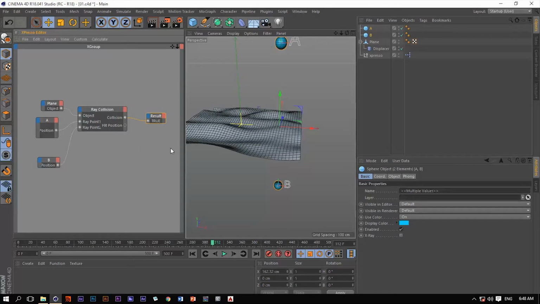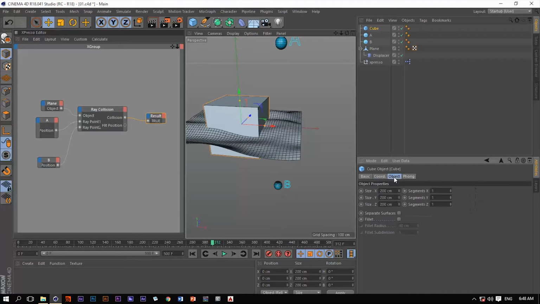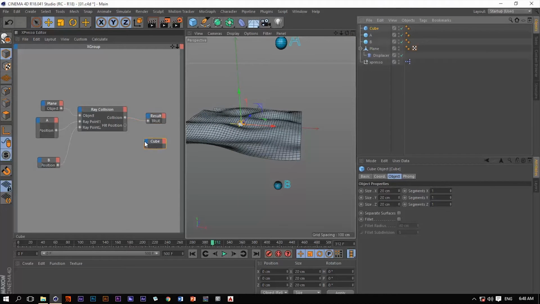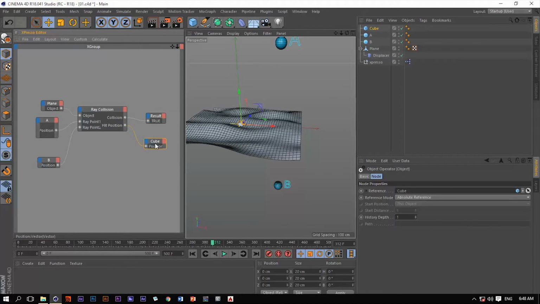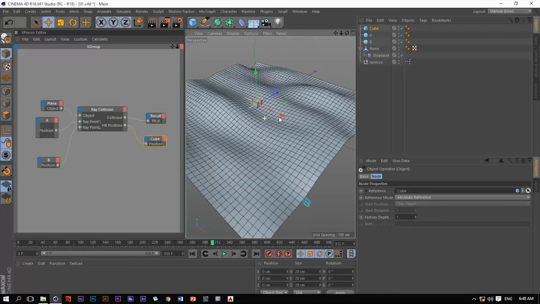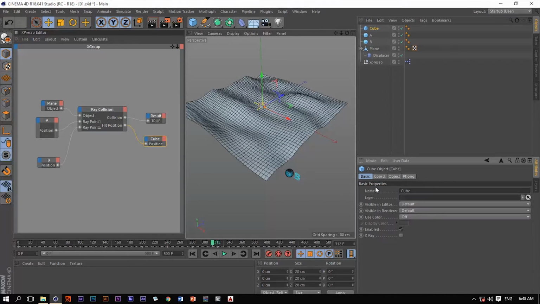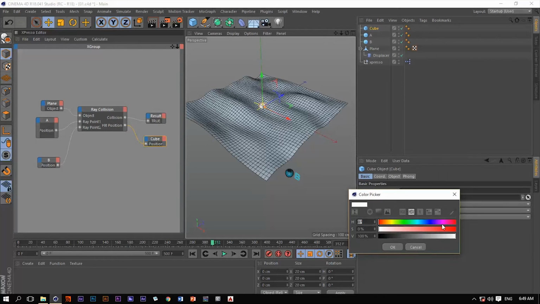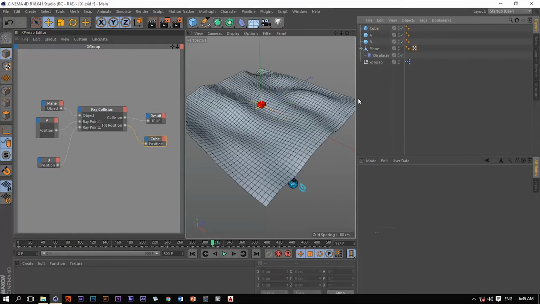This hit position will give us the coordinates of the point of intersection. So let me grab another object, let's say a cube, and let's make this cube very small, let's say 20 by 20 by 20, and then let me grab it into Xpresso, extract the position. Let's connect that to the hit position because it's a vector value. Now this position, let me just change its color, make it red, and now